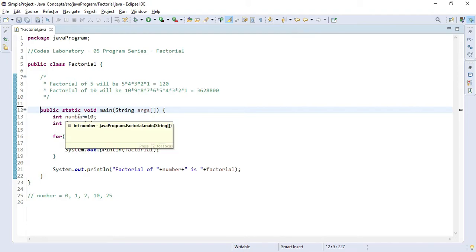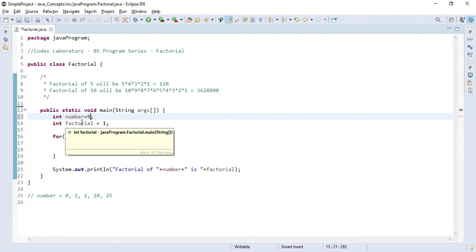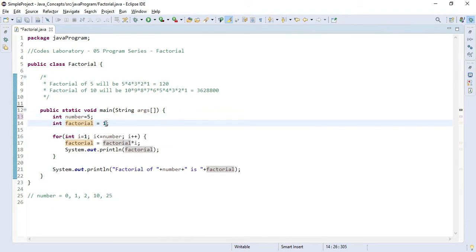After that we have created one variable called number of integer type and initialized it with 10. Now I'll change it to 5, and we have created another integer variable called factorial, which will be 1.